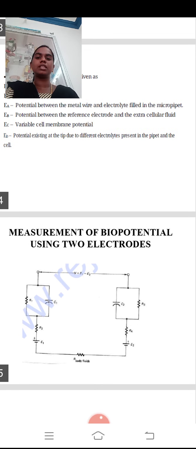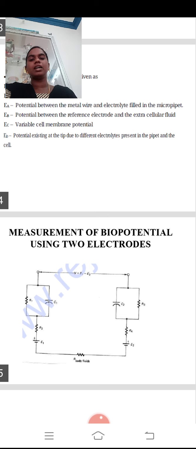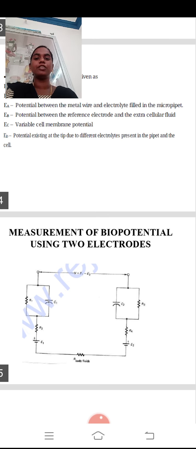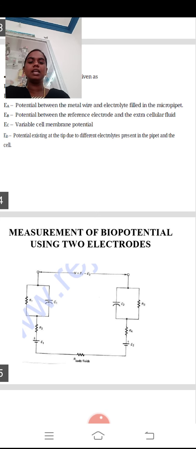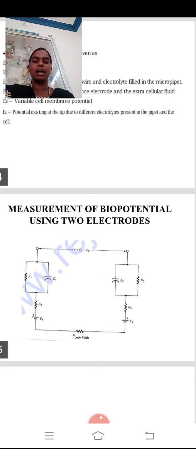Two electrode system is nothing but taking two different electrodes. One may be a surface type, another may be a needle type. Within the surface electrodes, we have different arrangements, that is floating electrodes and suction type electrodes. Different types of electrodes are available, and we take any two electrodes to measure the cell activity. Here the equivalent circuit shows this arrangement.